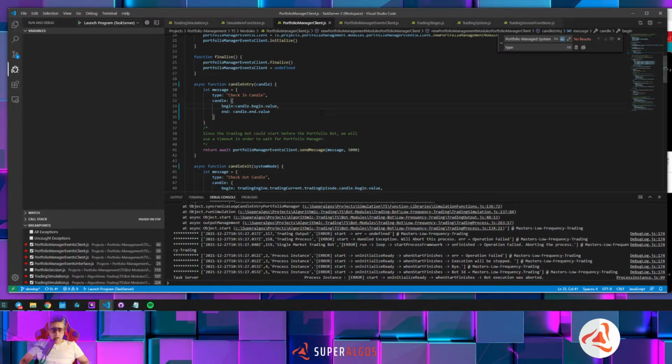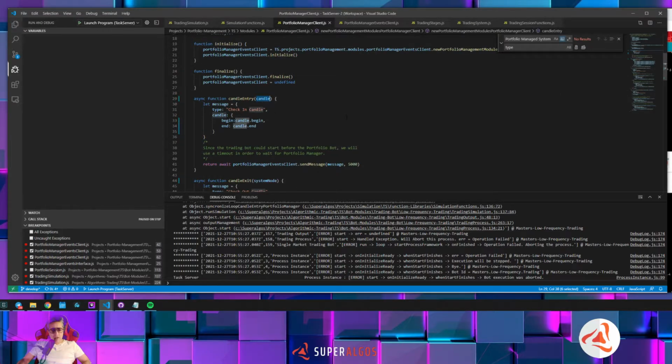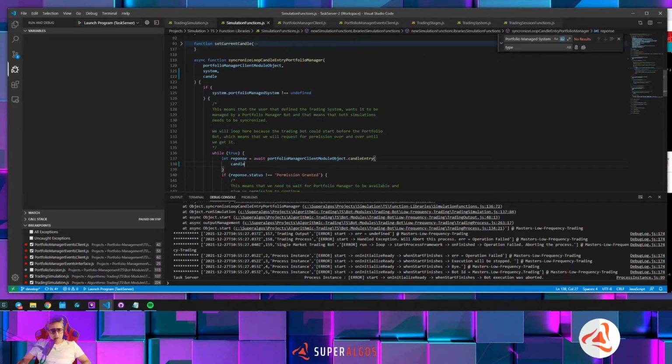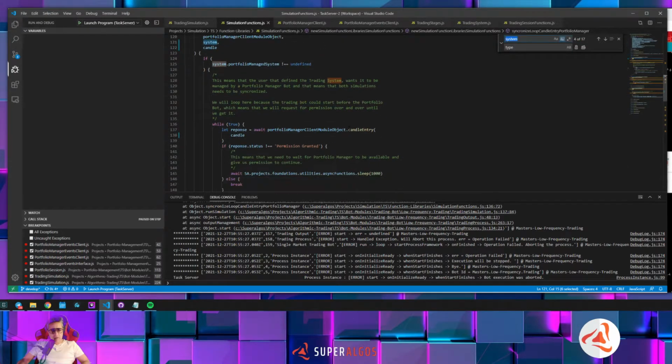So what I want is this to be removed and this to be removed. That's why I'm passing the candle of the simulation that has the beginning and end, and I'm copying this value into here, and only the things I need. So this needs a candle guy, and this function sends a candle guy. So this is needed for here, this is needed for here,